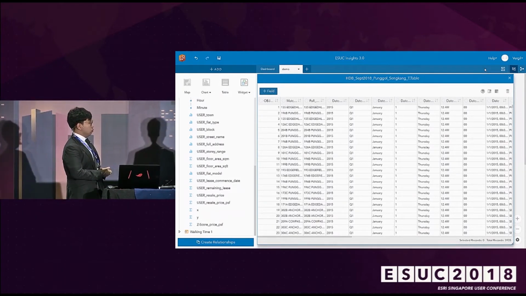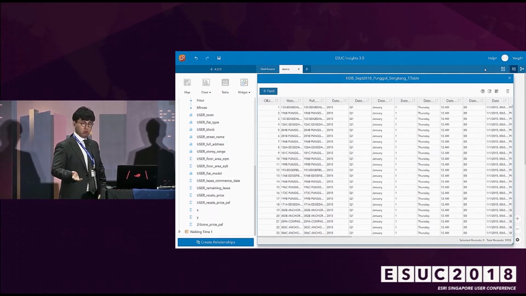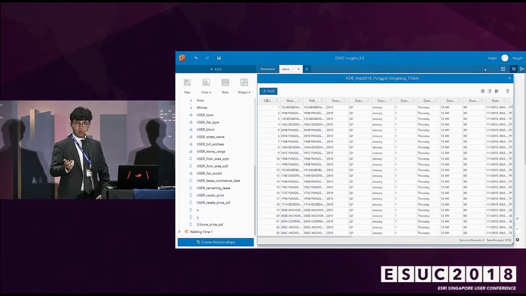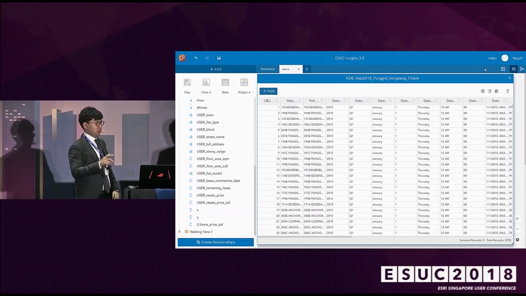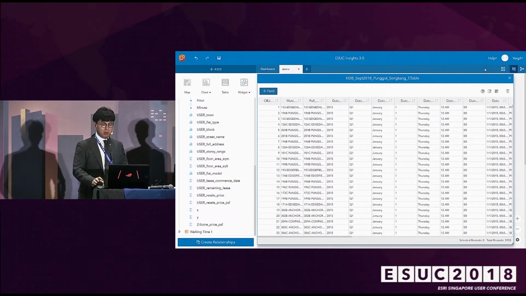So for this session, we'll be a little more technical. I'll show you step by step how you create it, as well as showing you a little bit more about the different tools to visualize data to suit different business audiences, as well as a glimpse of predictive analytics that some of you data scientists out there might be interested in.